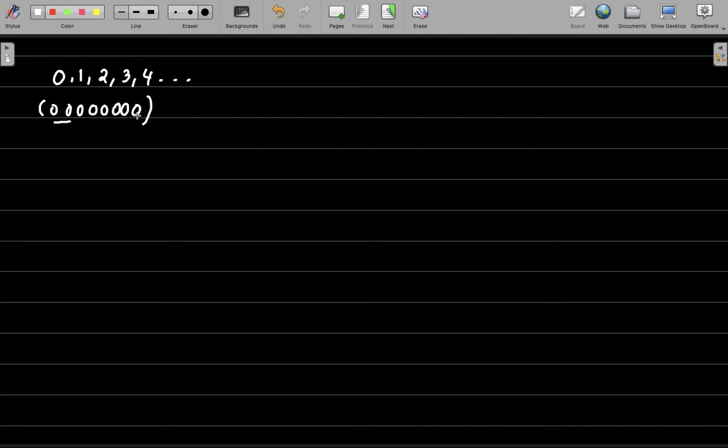So the smallest counting number is 1, and after 1 you go with 2, then to 3. So those numbers which are also called as counting numbers are 1, 2, 3, 4, and so on. These set of numbers are called as natural numbers, and you represent these natural numbers by a capital N.